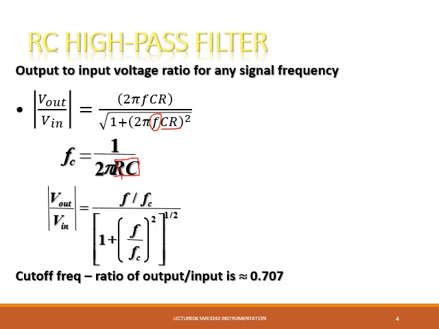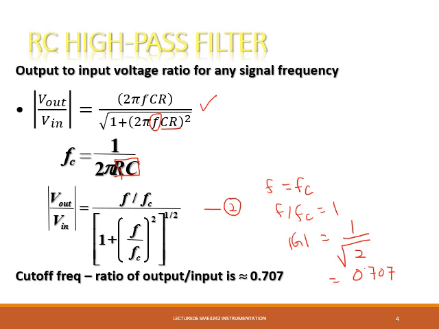In order to normalize this equation, we replace Fc into this equation so that we get equation number 2 here, which is the output to input voltage ratio normalized to Fc. For example, if we consider F equivalent to Fc, then F over Fc is equal to 1. Putting that into the equation, we get the gain equivalent to 1 over square root of 2, which is equivalent to